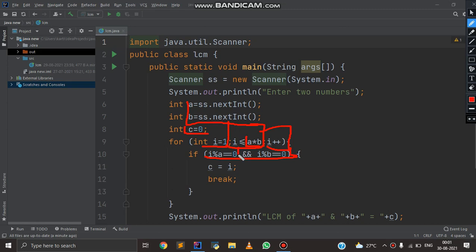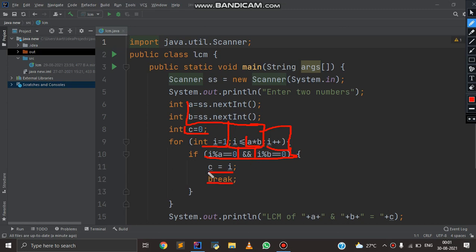If I had written or, then the output would have been something else. Then that number will be stored in variable c, and after that break will be done, because if we don't break it, then the loop will continue as long as a into b will be there.